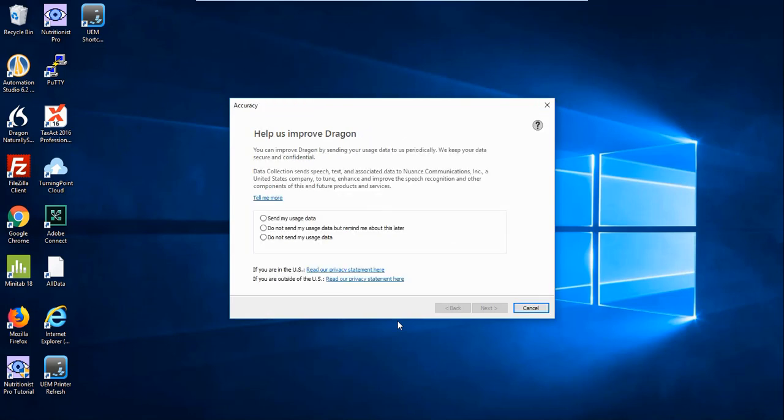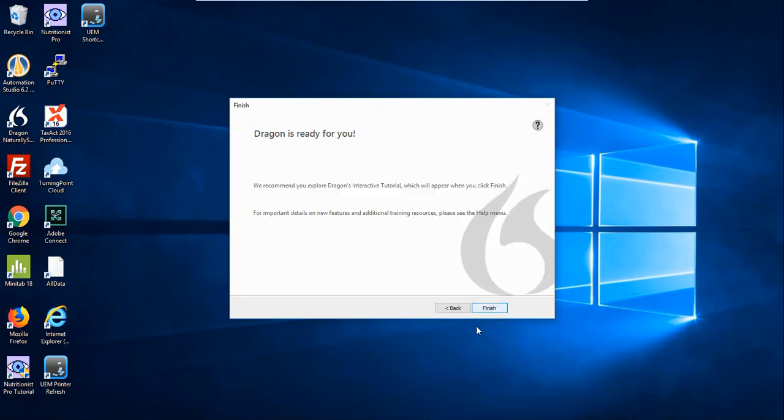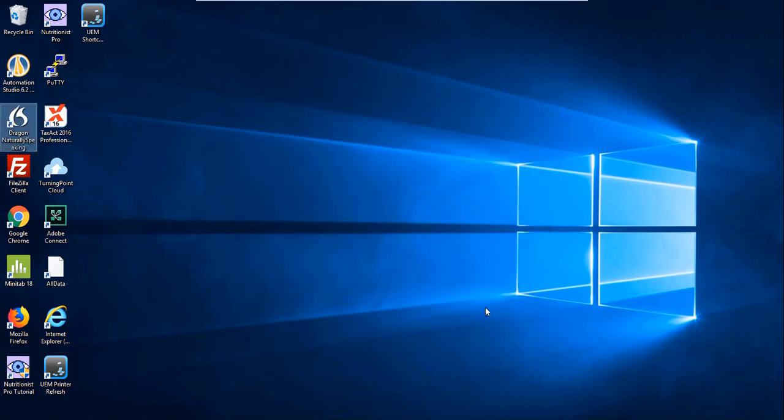Okay, now when you get to the accuracy screen, I don't like sending any of my data, so just click Do Not Send My Usage Data, and then click Next. Now it says Dragon is ready for you to use, so we want to go ahead and click Finish. Now normally you would have a Dragon bar